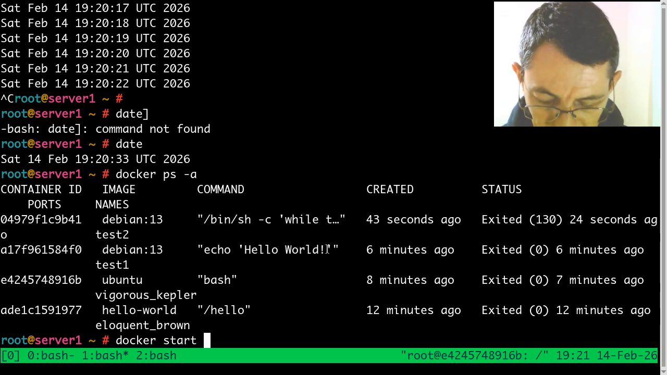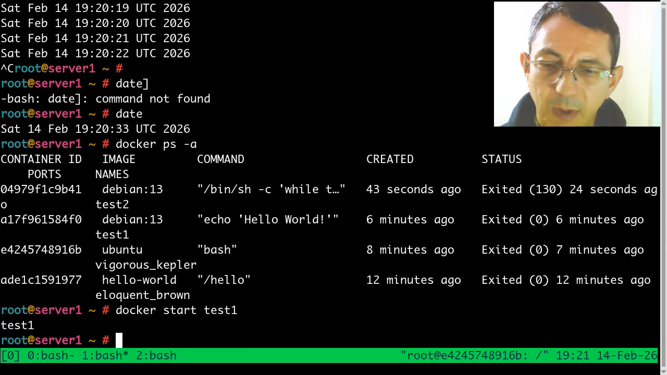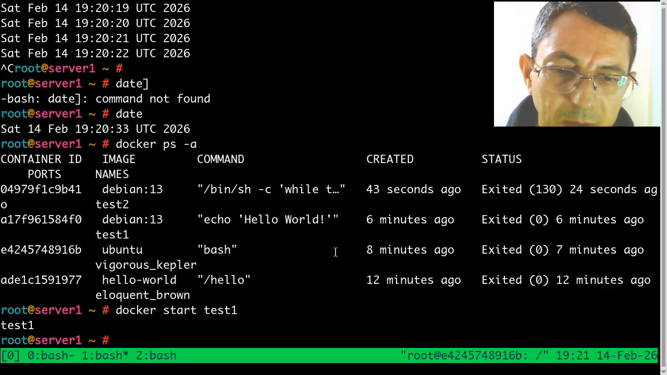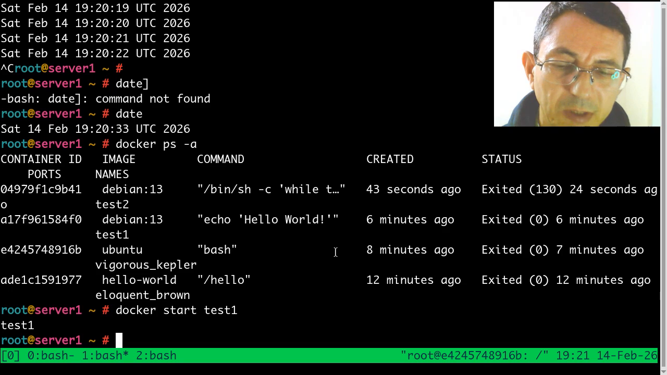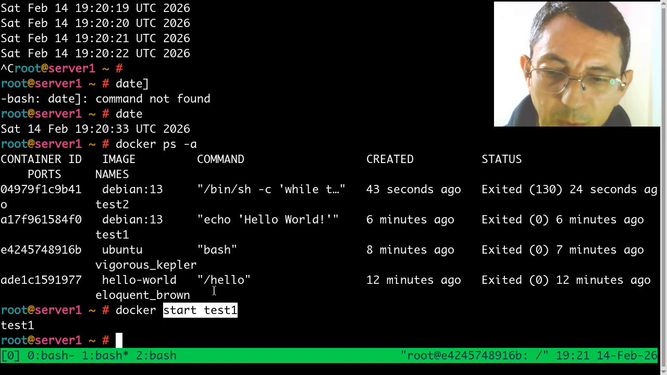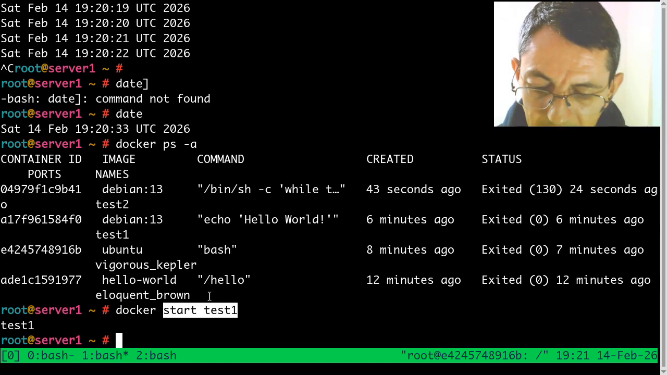Docker start test1. And did it print hello world? Yes, but actually, when it is started like this, it runs in the background, and all the output is in the background. So let us look,